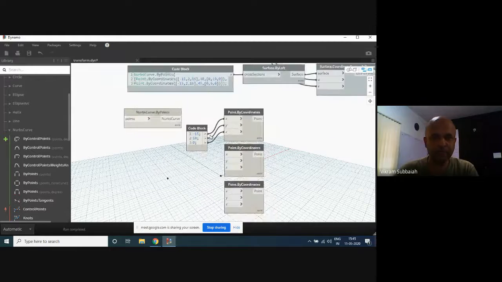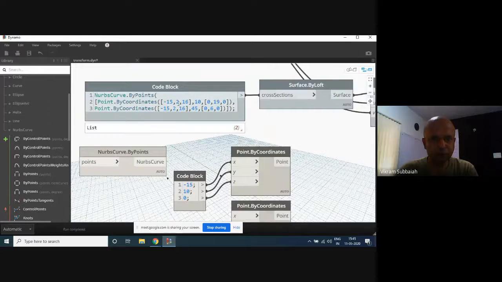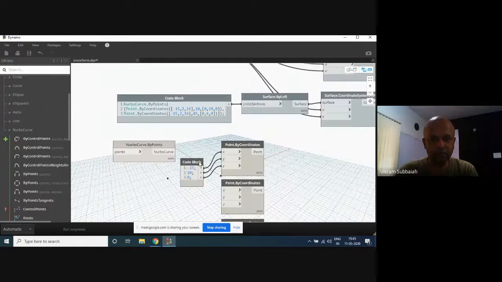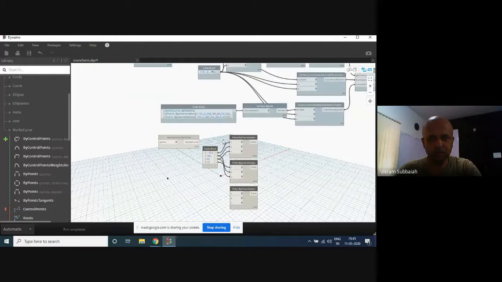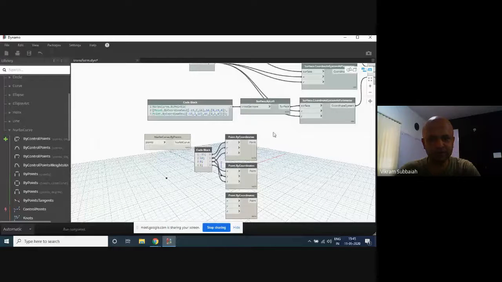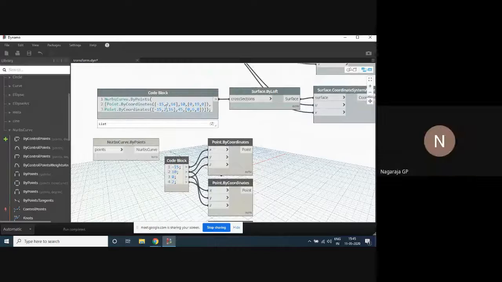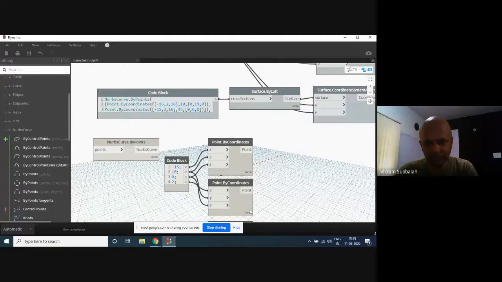The next point that I created was 2, 10, 0. So the only other number is 2 here. So next I created 2, 10, 0. Something wrong with what I'm saying. 2, 10, 19.